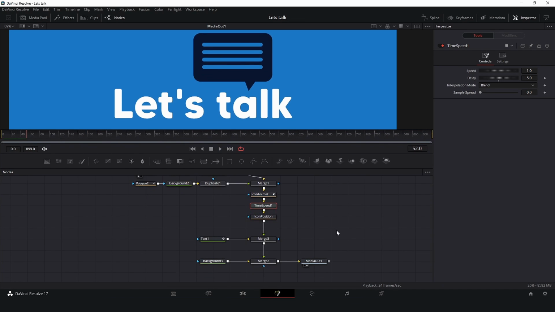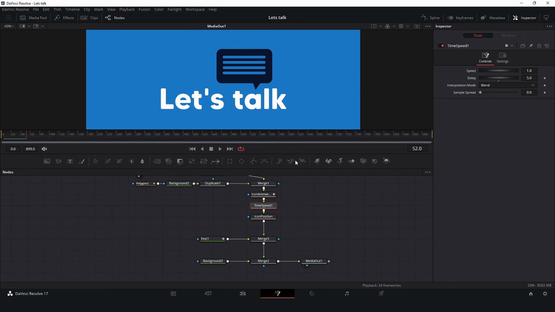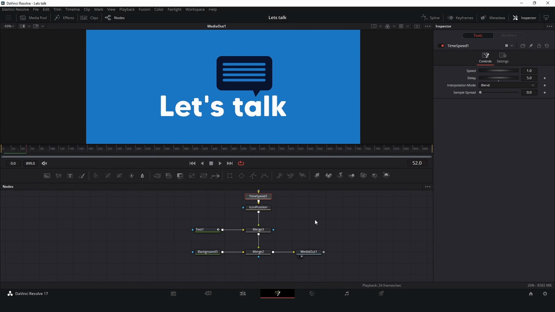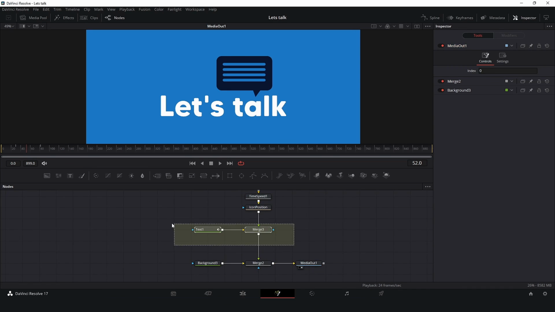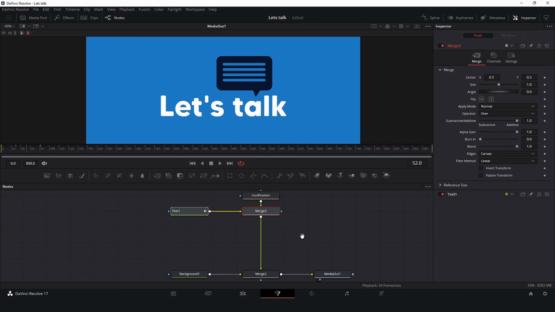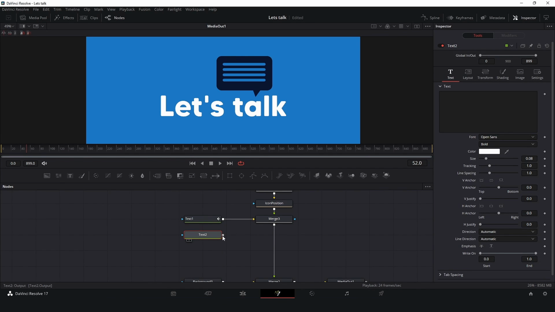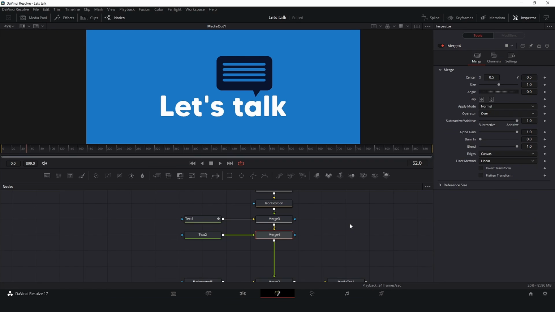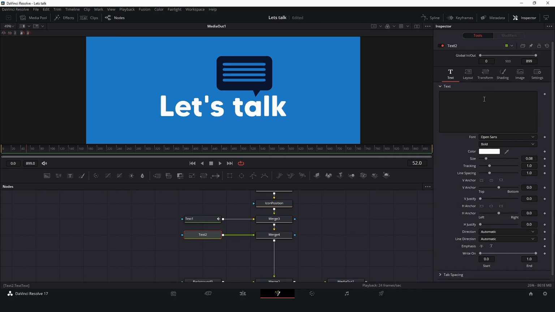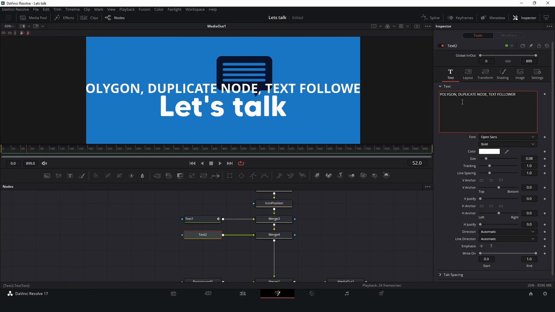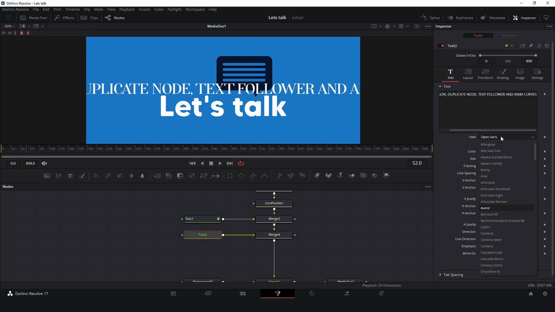Now, let's create a second part here, this will be the last section. Just add more space. I will add another text here. Just connect to the merge node. And this will be the subtitle. And let's change the font here to maybe Avenir.